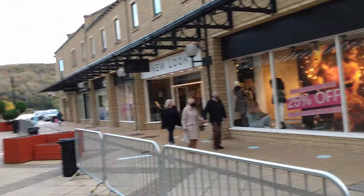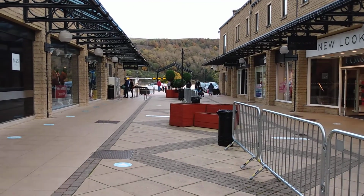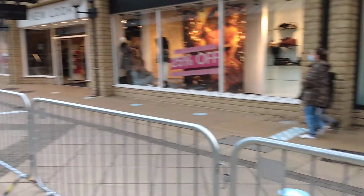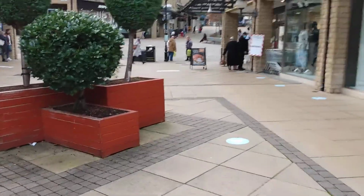And a new look at the end. So as I said, the car park that you see there is the one that I described, with a lower floor, of course. Okay, so I'm going to go once again, walking up to